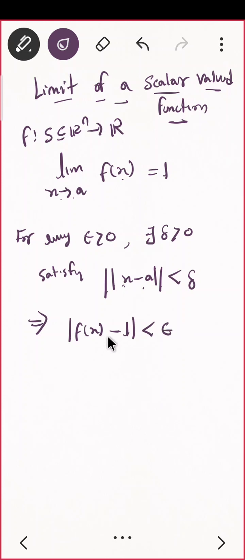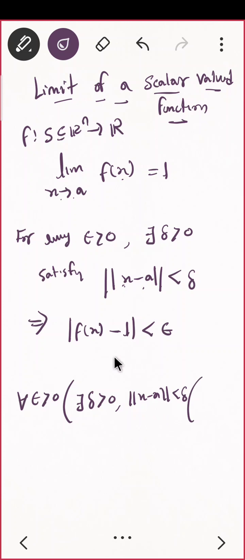Very nice. Correct? And if you write this in that form, that means for all epsilon positive, in the first bracket there exists delta positive such that you should write norm of x minus a less than delta, again a bracket, having that condition, mod of f of x minus L less than epsilon. This is how you can write it, or whatever you feel comfortable with. If you want you can put a bracket here also, no issue.